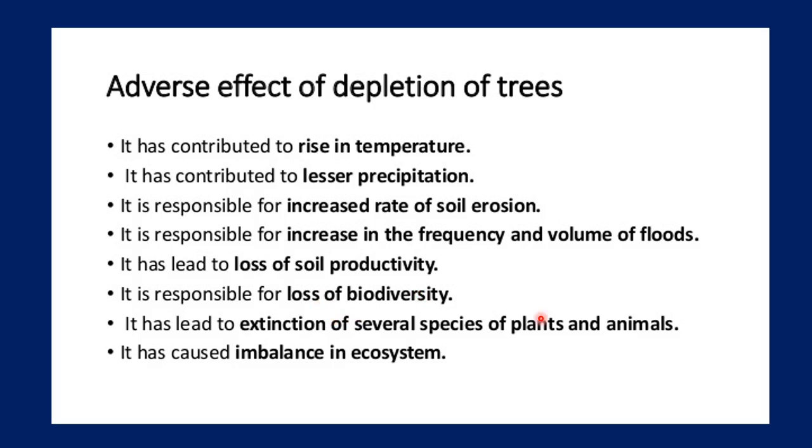Loss of biodiversity. When you cut out the forest, naturally what will happen is the animals will eventually either migrate or die or be killed. As a result, the biodiversity will be significantly affected. Then this has led to the extinction of several species of plants and animals. So when you cut the trees, naturally the animals which are dependent on such trees will no more be available, or it is no more available for the animals or plants, sorry, insects to